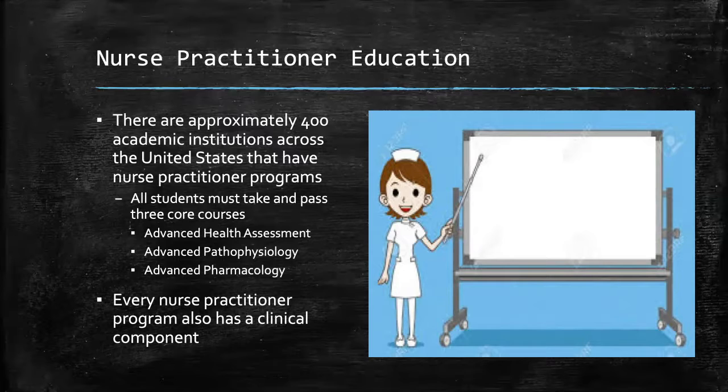Prior to practice, the nurse practitioner must pass one of 2 certification exams. These exams are the American Academy of Nurse Practitioners National Certification Board and the American Nurses Credentialing Center Certification Program. Both of these certifications allow the family nurse practitioner to apply for licensure in any state.